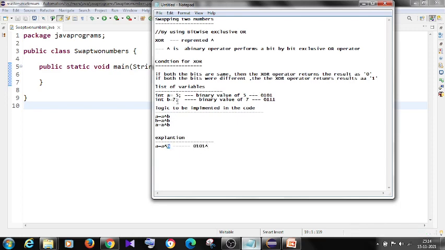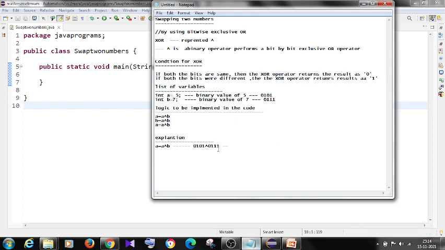What is the b value here? 7, and the binary value of 7 is 0111. Now we need to implement this condition. If both bits are same, then the XOR operator returns 0, and if both bits are different, then the XOR operator returns 1.